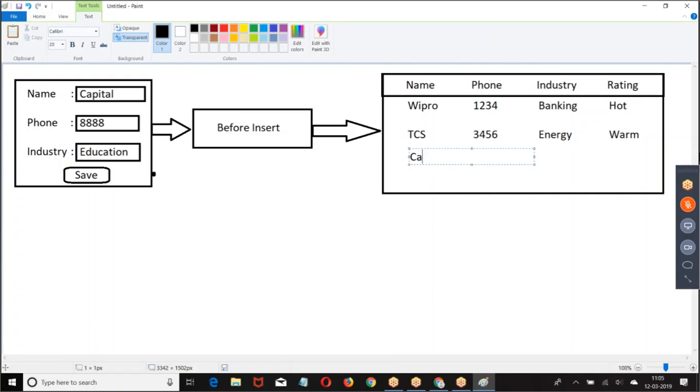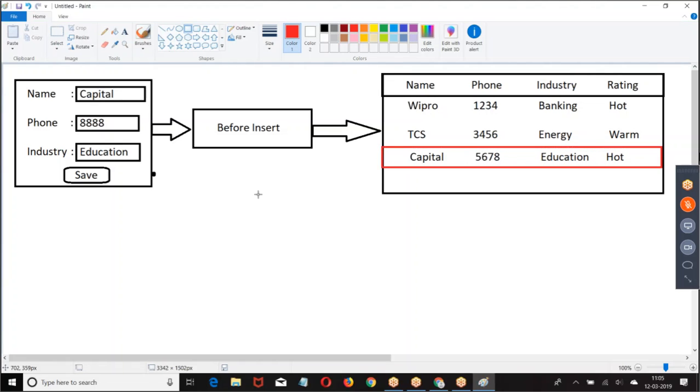So finally, the record which is saved is capital.